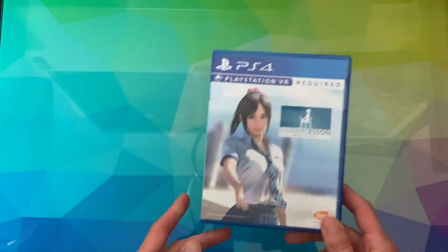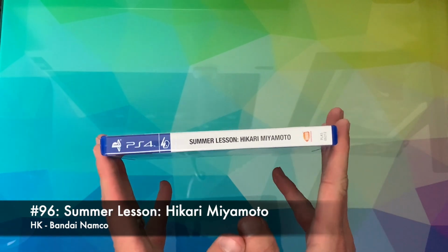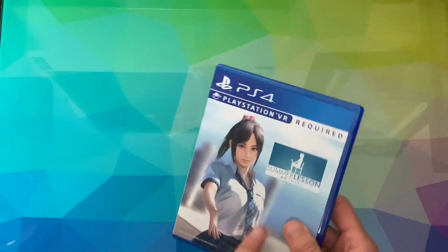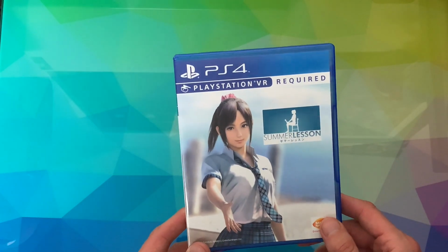And a couple of interesting releases now. So this is Summer Lesson. This is actually the Hikari Miyamoto. There's a few things to know about this. So this was released in Japan first originally. And